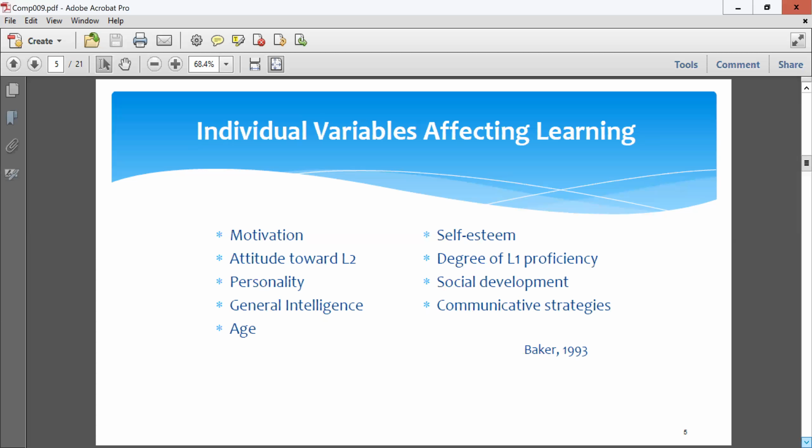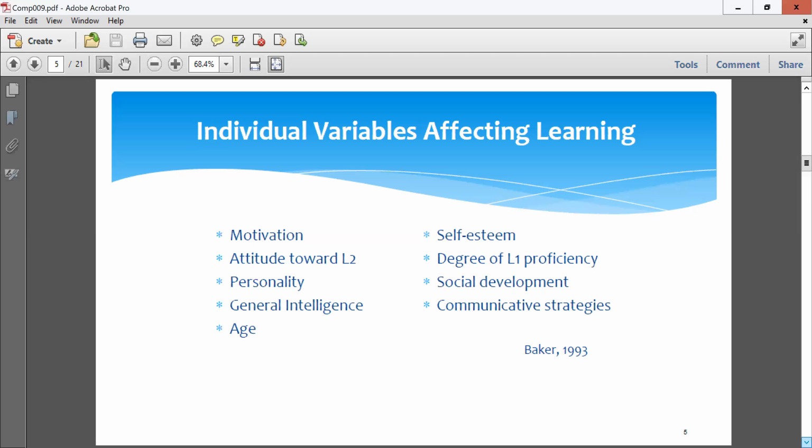Their personality, are they introverted, extroverted, their social development, their general intelligence, communicative strategies, and, as I said, age. So we have to look at all these different factors when we're looking at all kids, not just English learners, but it's particularly critical when we think about